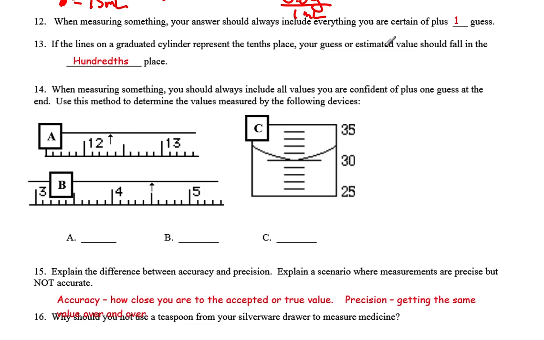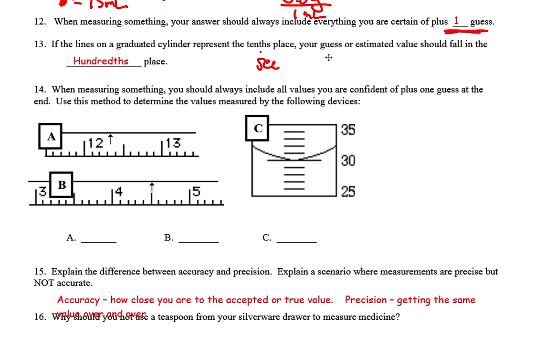The last thing that you write down is your guess or your estimated value. It might be a little different than somebody next to you because it's up to your interpretation, but it should be in the same kind of ballpark. Now, if the lines on a graduated cylinder represent the tenths place,